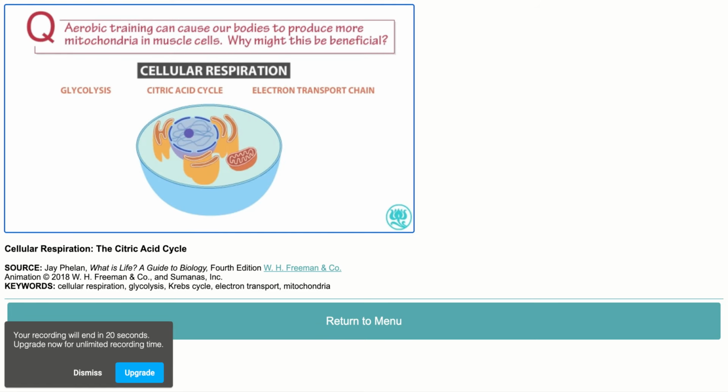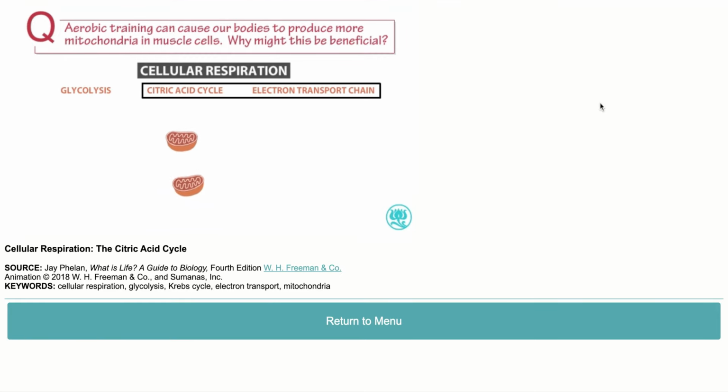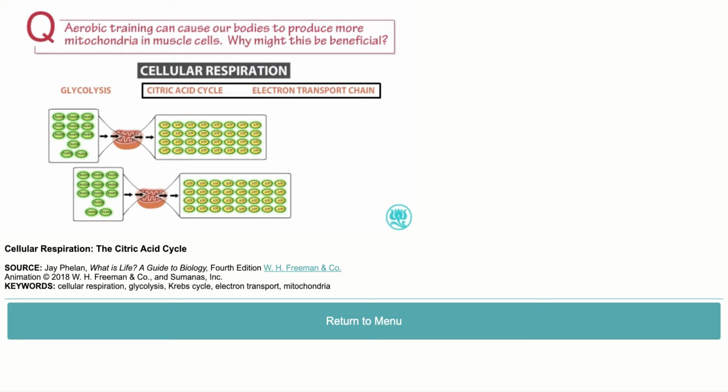Aerobic training can cause our bodies to produce more mitochondria in muscle cells. Why might this be beneficial? An increase in mitochondria means that the cell has more cellular machinery to perform the citric acid cycle and the electron transport chain. Because so much ATP is produced in the